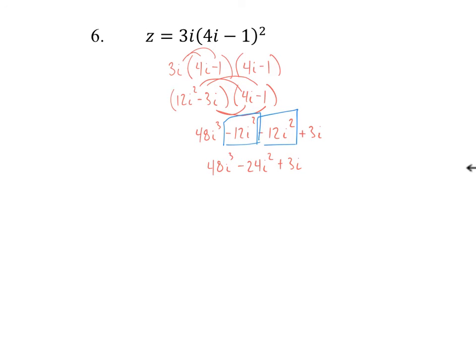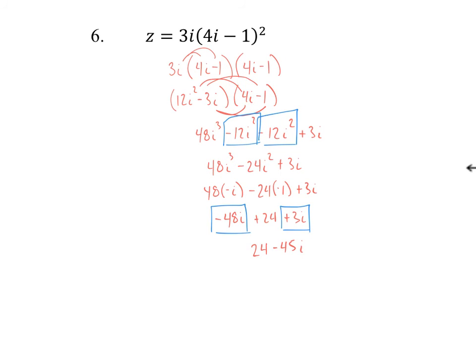Now I have to just make sure that I break down these powers of i as much as I can. I know that i cubed is really just the same as negative i, and i squared is really just the same as negative 1. So that's going to leave me with a negative 48i and a positive 24 plus 3i. So the last thing that I need to do is combine these like terms, and that will leave me with 24 minus 45i,